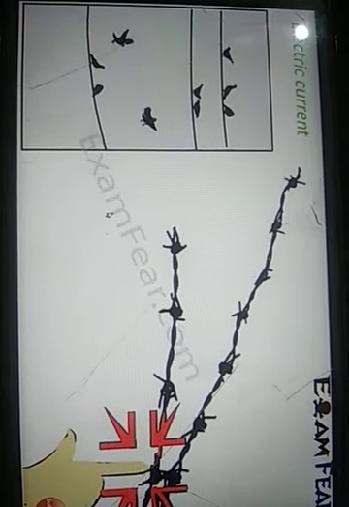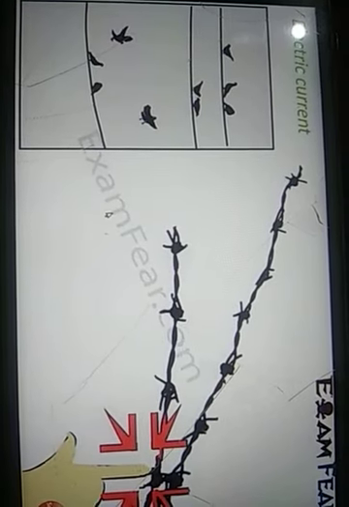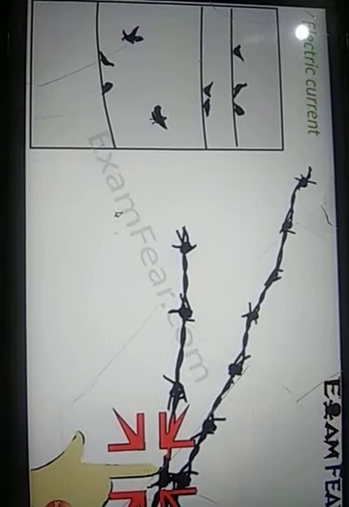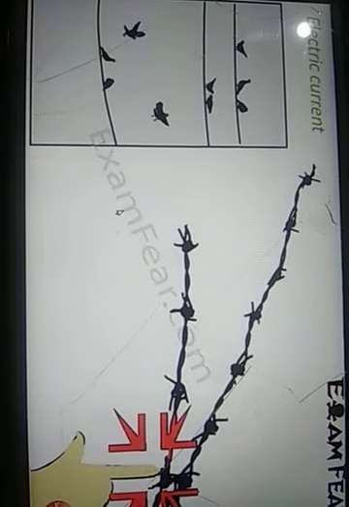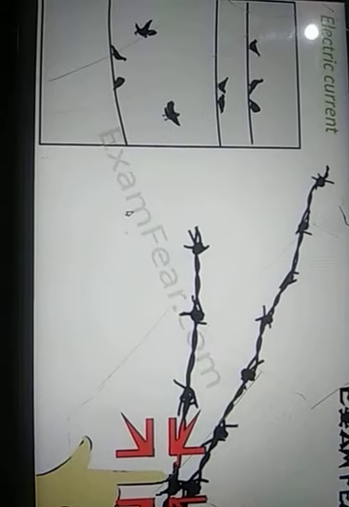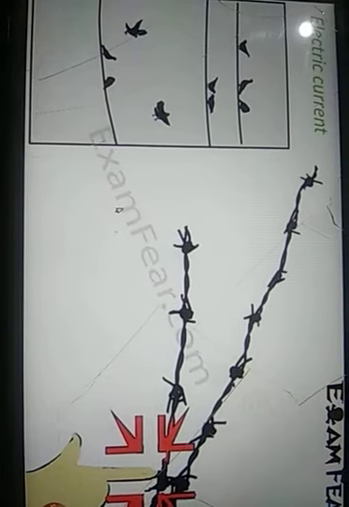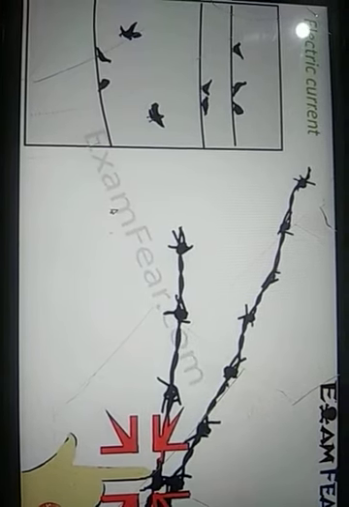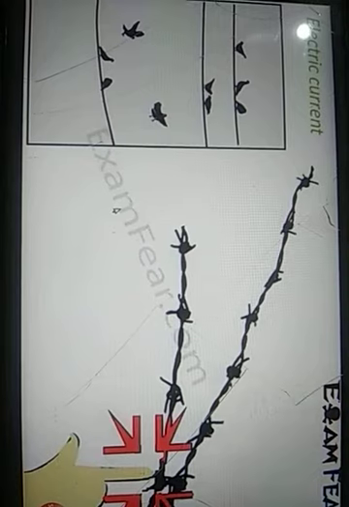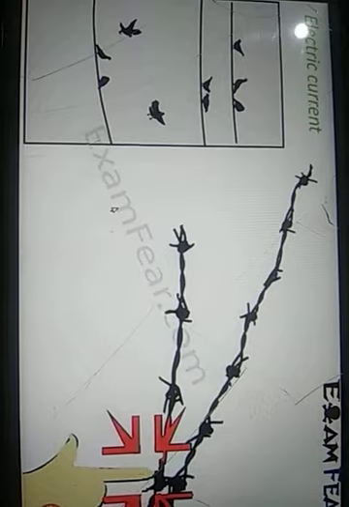Similarly, I'm very sure if you have ever been to a railway platform, you would have seen birds sitting on a wire, the telephone wires. A lot of times a very common scene from the railway platform is that sometimes the birds are found dead. Do you know why? Because of the electric shock they experience.